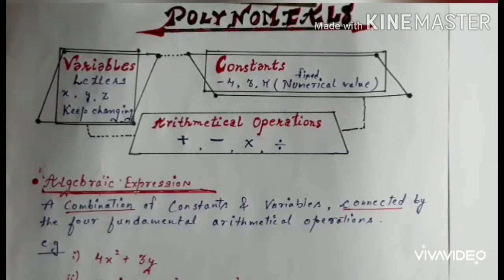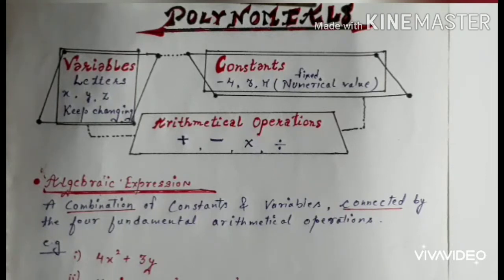Now what about the constant? Constants are fixed numerical values for the particular question. In any question the value of t, suppose, can be 4, it can be 3, it can be 5. That means for a particular question the value will be fixed, so we can represent it as numerical values. We can take a, b, c, t, any other. Whatever is given in the question, you will take that.